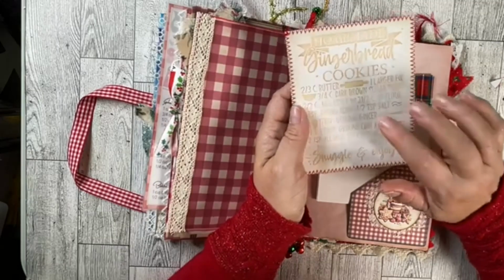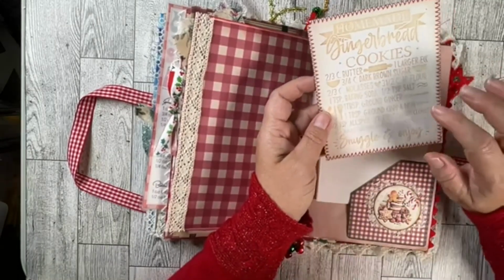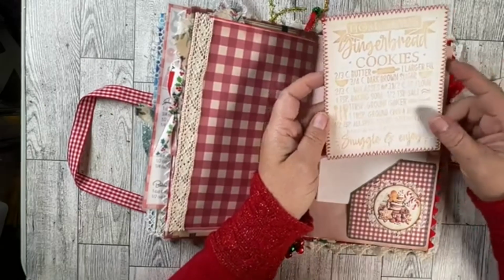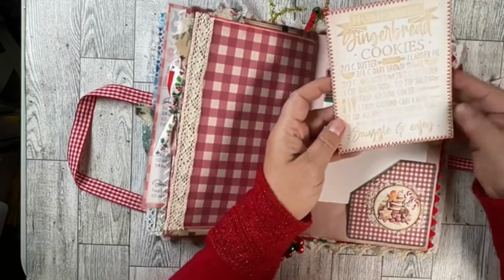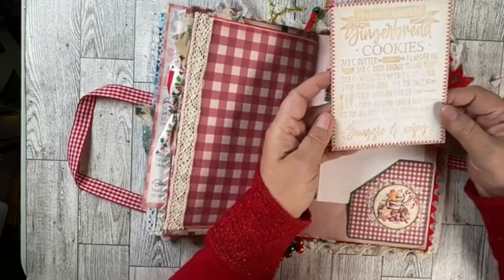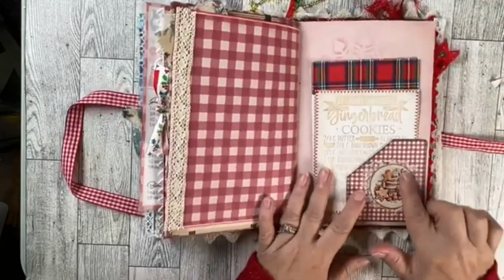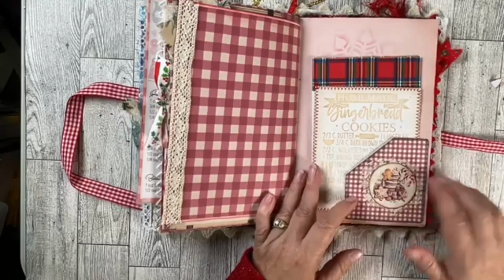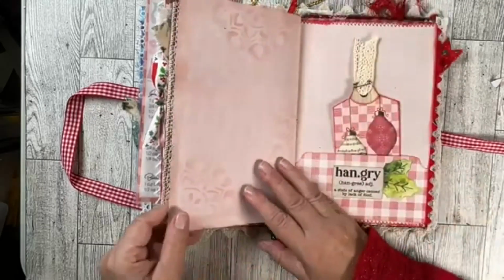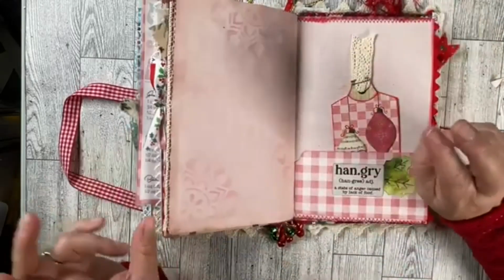Yes, and they are a freebie as well. There's a website, calicocottage.com, if you're interested in those. And this one says it's actually a recipe, a gingerbread cookie recipe. So very cute. And I just added this circle ephemera with a little bit of lace around it to make it pop. Yeah, there you can see more of the stenciling of the faux